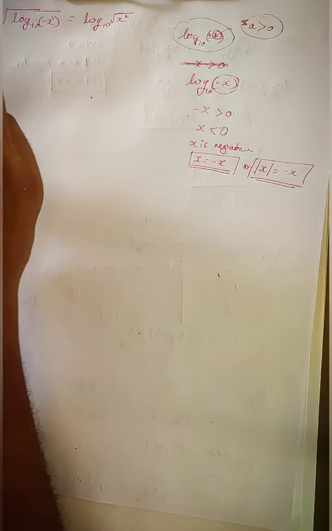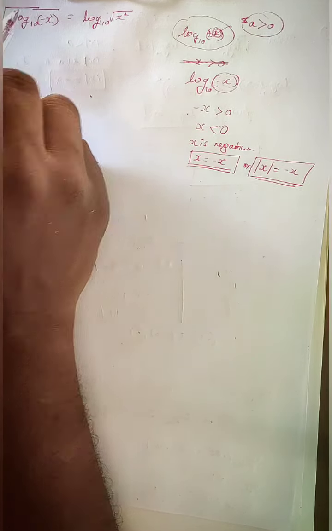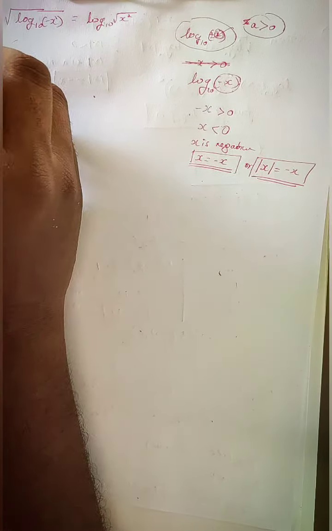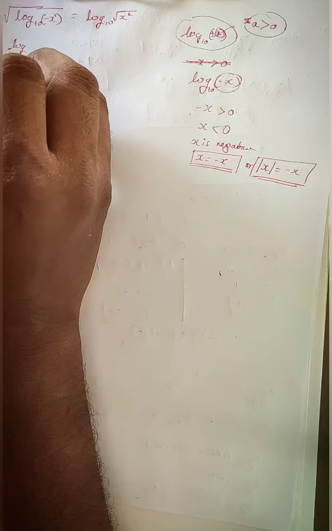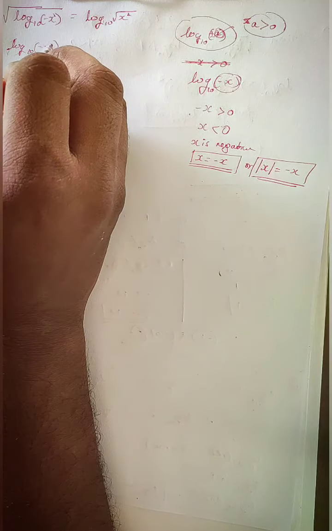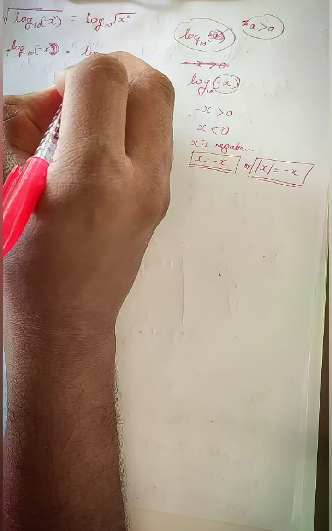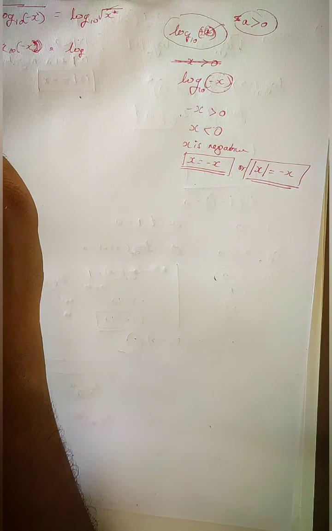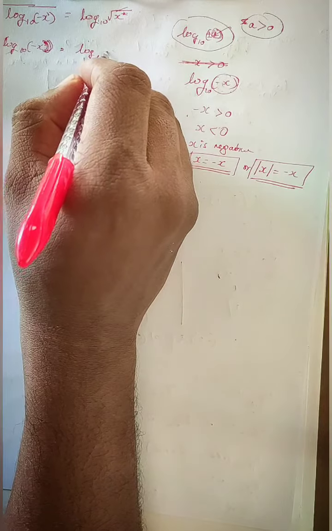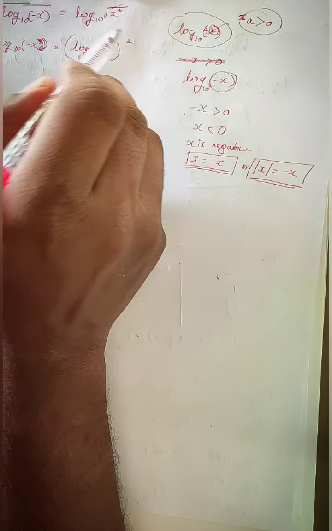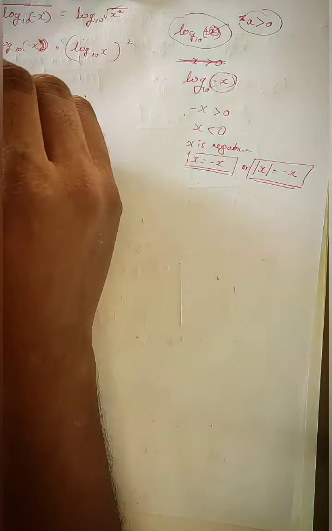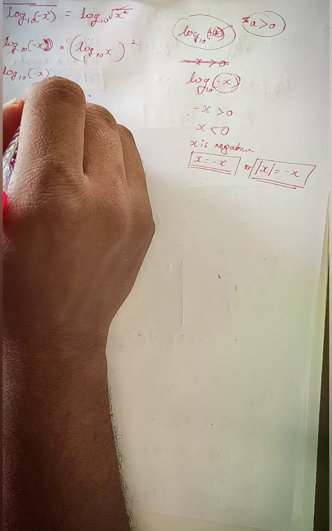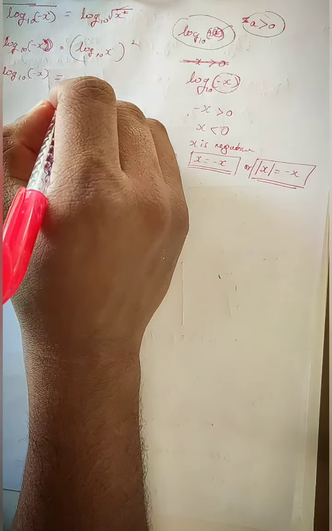So now moving on to the problem, I'll shift the square root to the other side, or square both the sides. I can just tell that log of minus x is equal to, we can see that the square and the square root anyway got cancelled, log of x the whole square, because I took the square root to the other side, or squared both the sides. So here you can see that it is log of minus x to the base 10 is equal to log of